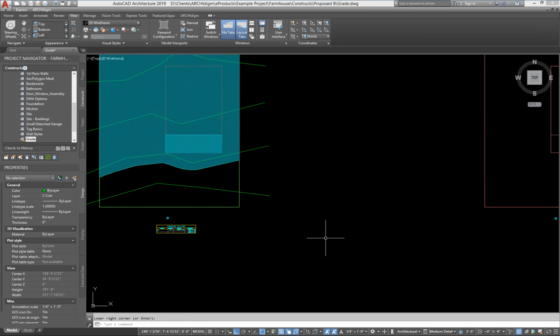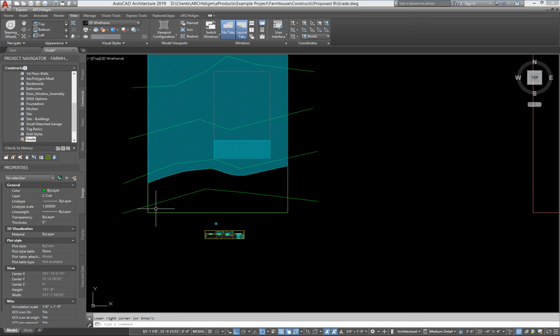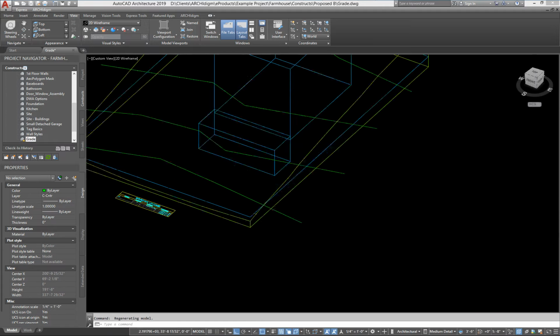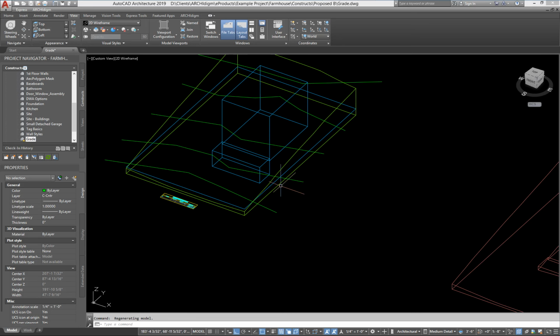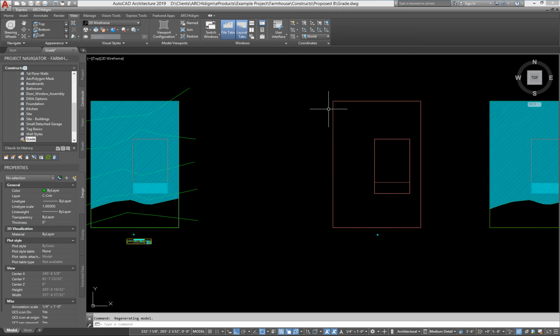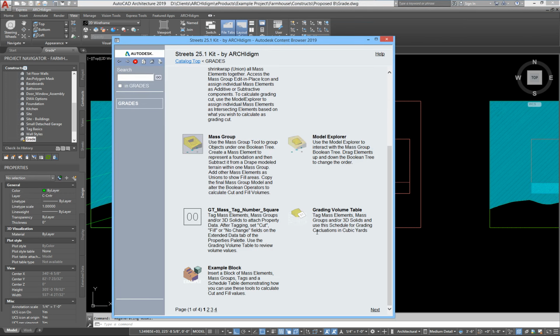Okay, so we know what the existing is, and that is kind of a fictitious number because you know there's just the 2 feet of depth here, so it doesn't really mean much. It's just a relative marker for you, and we'll go ahead and we'll do that again, and we'll go into